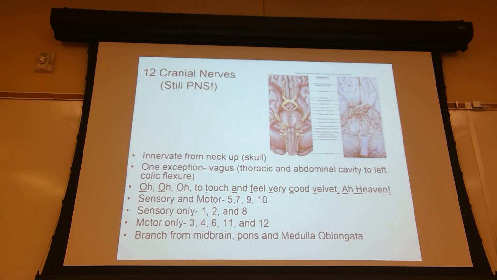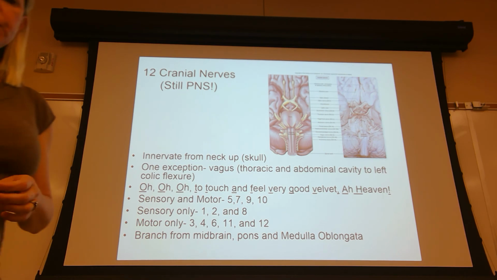Very quickly, I want to go through the cranial nerves with you. You have 12 cranial nerves. Because they have the word nerve in it, that means they are part of the peripheral nervous system. There are a couple of acronyms you can use to memorize